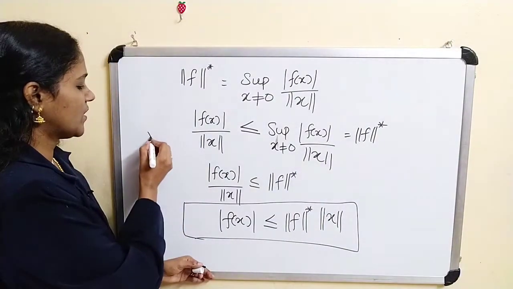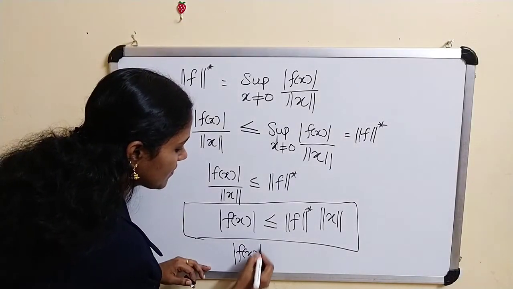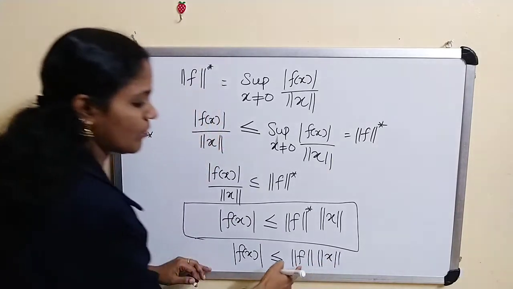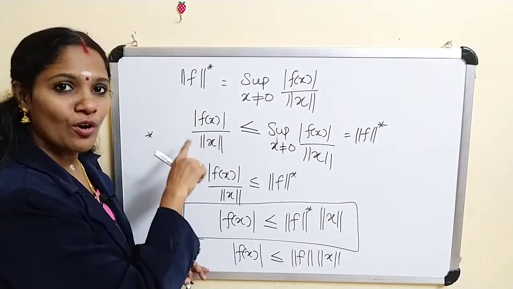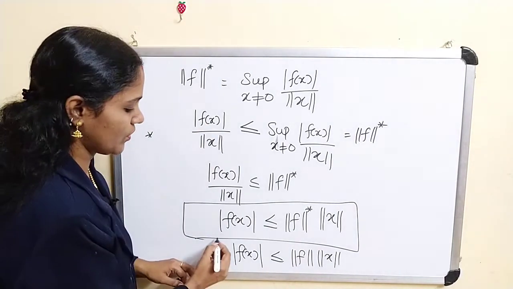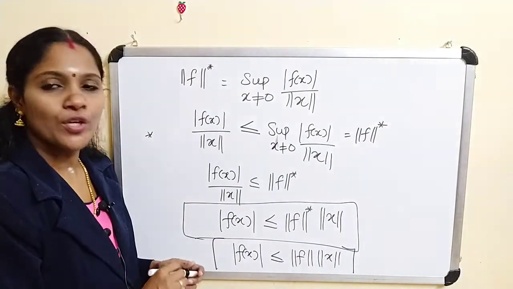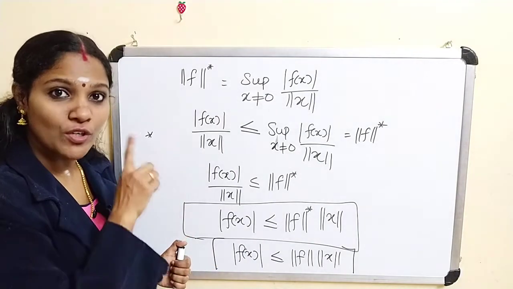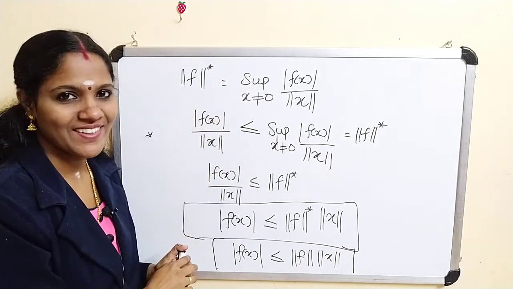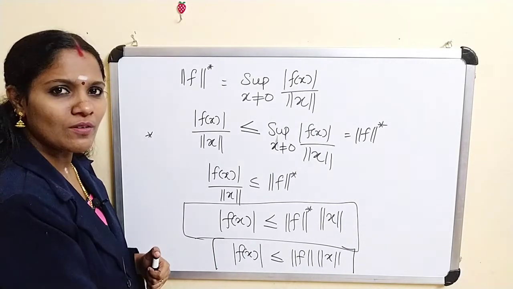Okay, this is one of the most important results. Usually we omit the notation star for a linear function and we write norm of f of x is less than or equal to norm of f times norm of x. Norm of f means the norm on a bounded linear function. So we usually write mod f of x is less than or equal to norm of f into norm of x, where norm f is actually norm star of f, which is defined like this. Okay, this is a very important result. You have to remember this always throughout the entire syllabus.